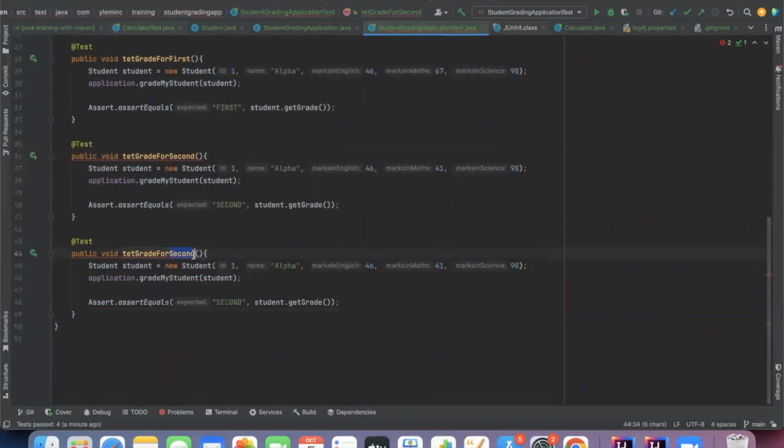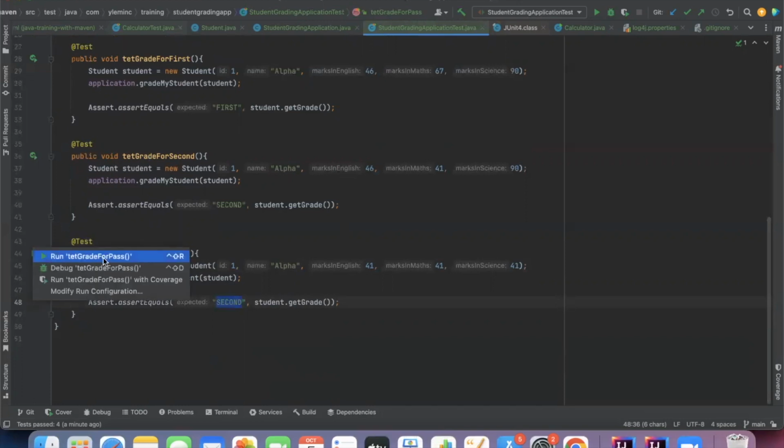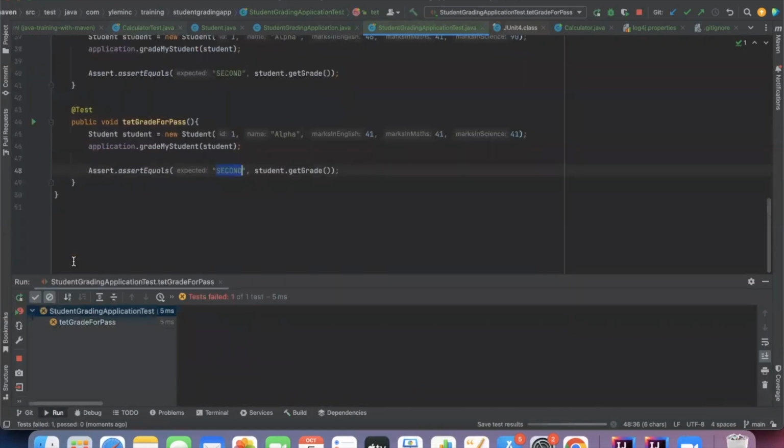I'm just covering. Someone found that, okay, what happens if the value is only 41, 41, 41? What happens in this one? So maybe you are expecting second class, okay? Let's see what happens for this one. I can run only this particular test case by clicking the play button against it. See,